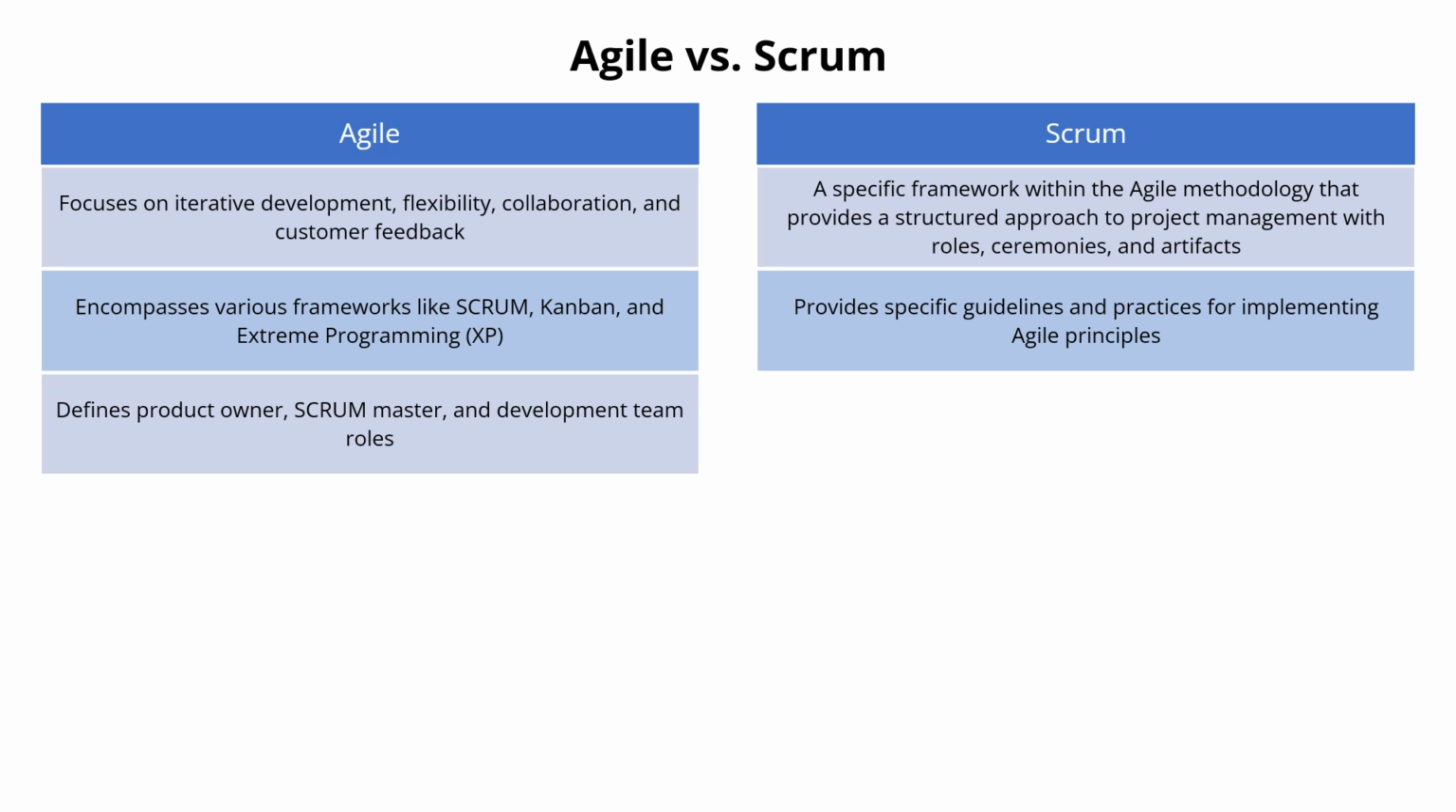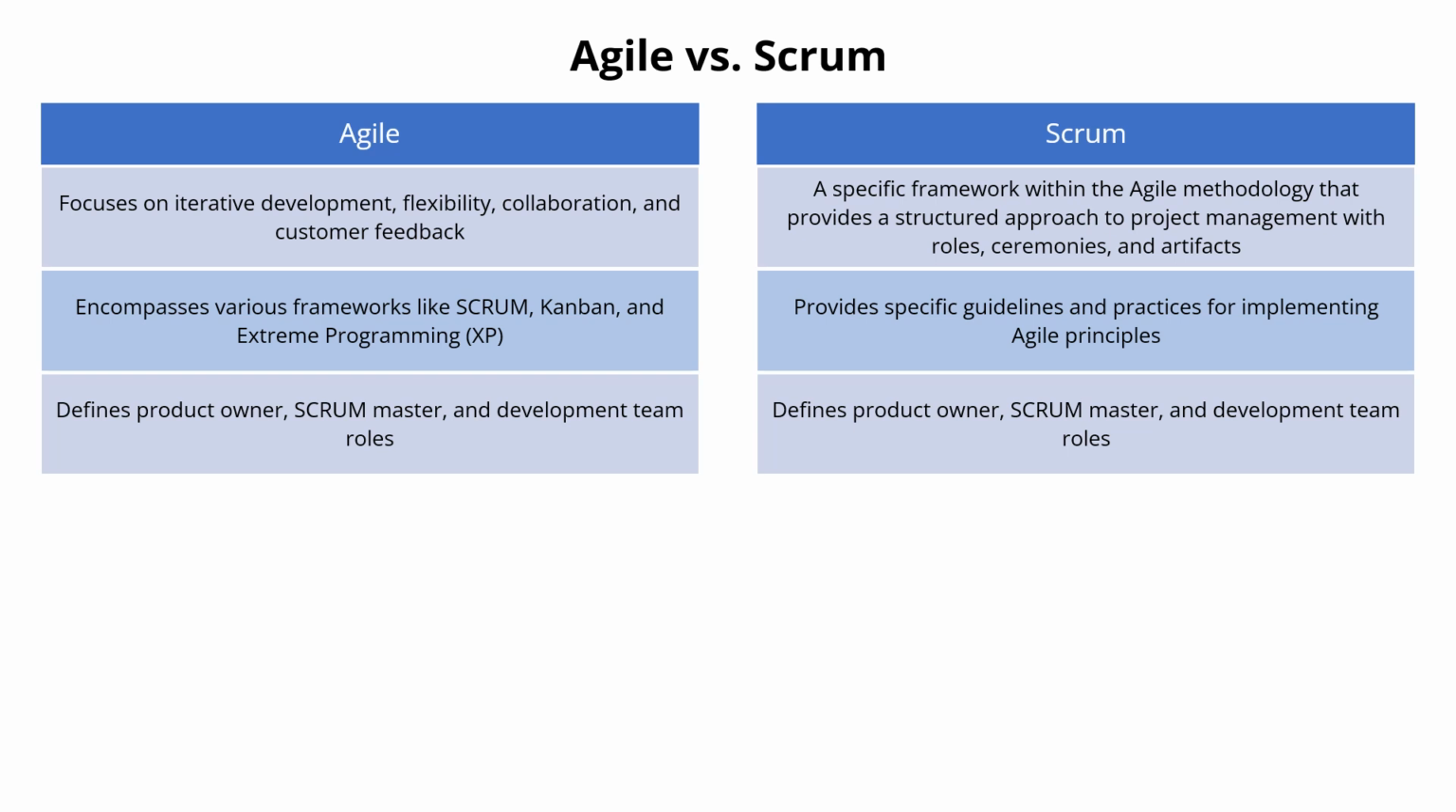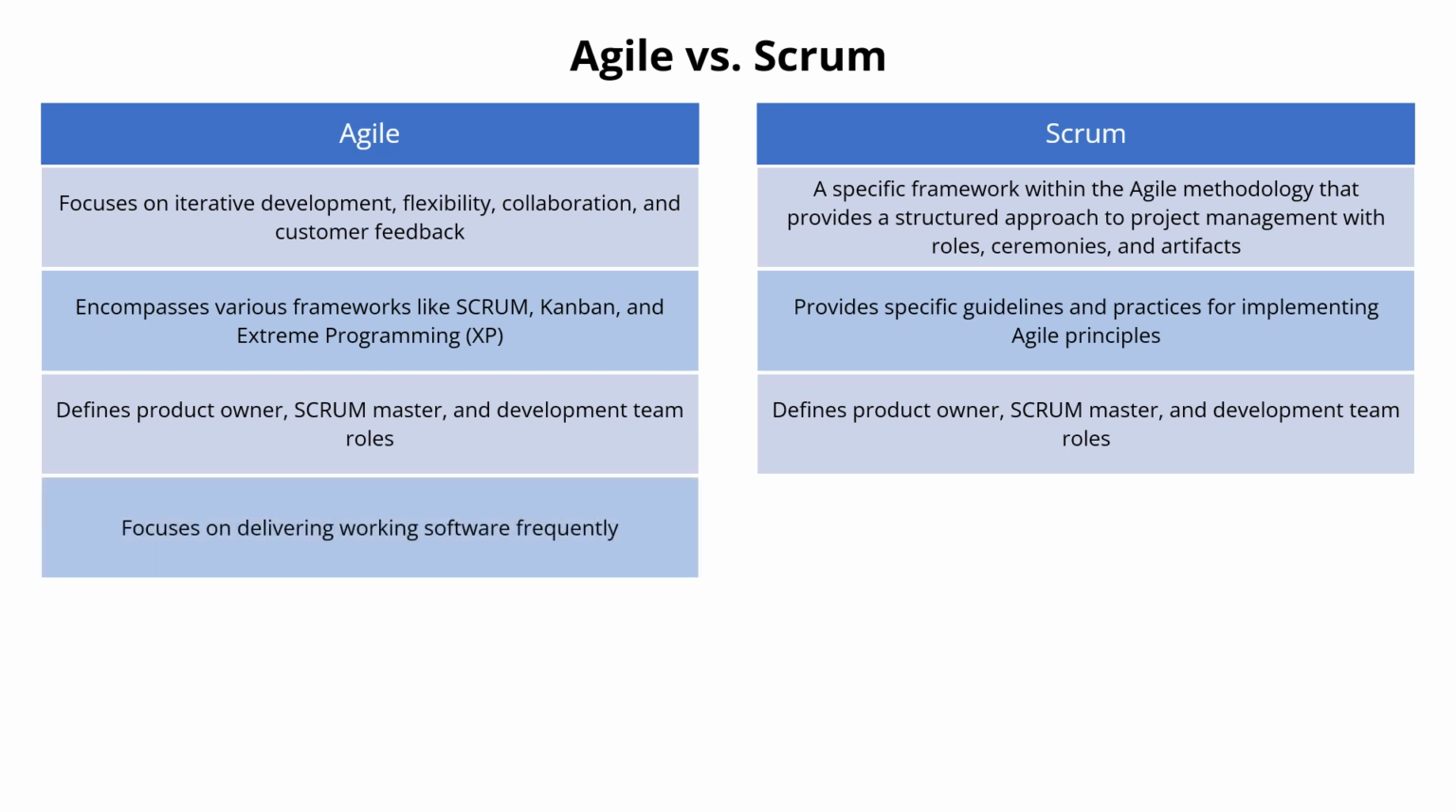Scrum defines 3 primary roles: product owner, which represents the stakeholders and the voice of the customer; Scrum Master, who facilitates the Scrum process and removes impediments; and the development team, which is responsible for delivering increments of the product. Agile focuses on delivering working software frequently,